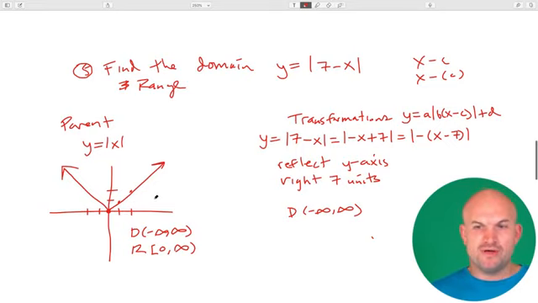The only two placements that would have impacted the range is if I would have had some A's and some D's. Anything outside of the function shifting the graph up or down, or if that would have been a reflection about the x-axis, that would have impacted the range. But since none of those happened, my range is actually the same. So I spent that whole time explaining everything to tell you the answer is exactly the same. But hopefully, if you have a question similar to that,